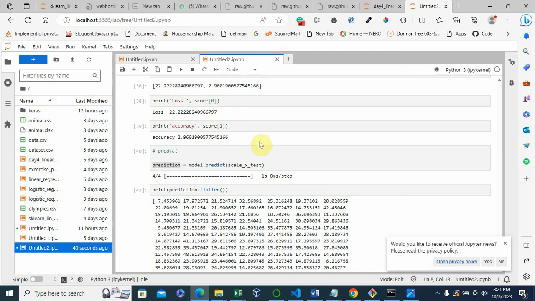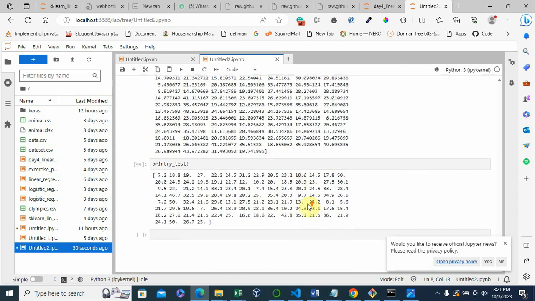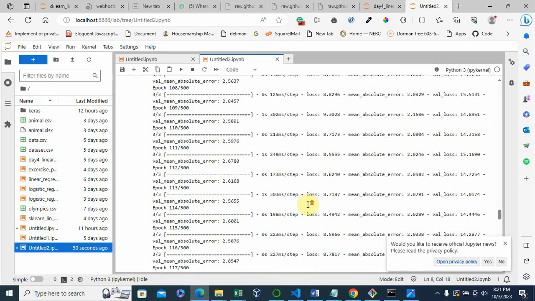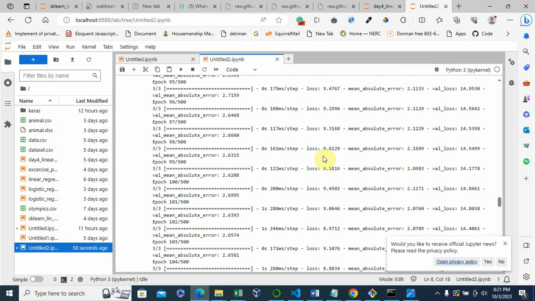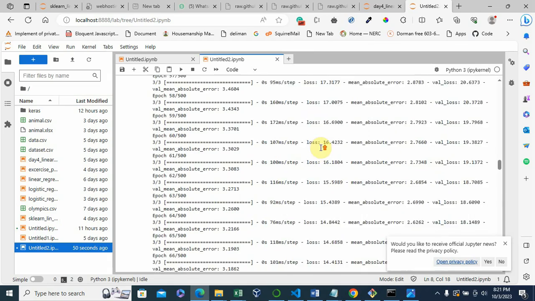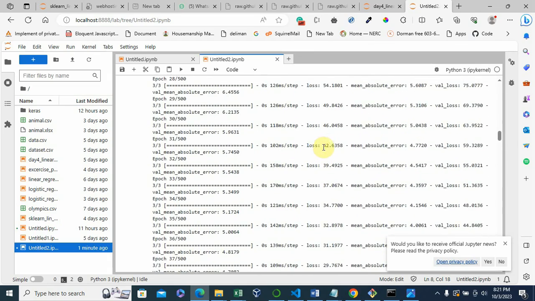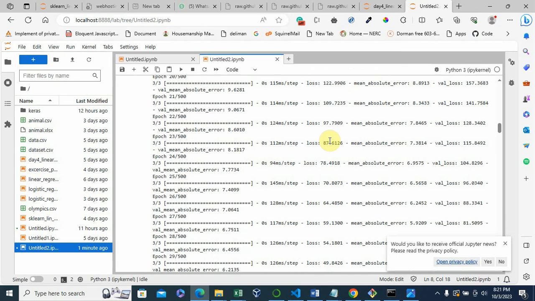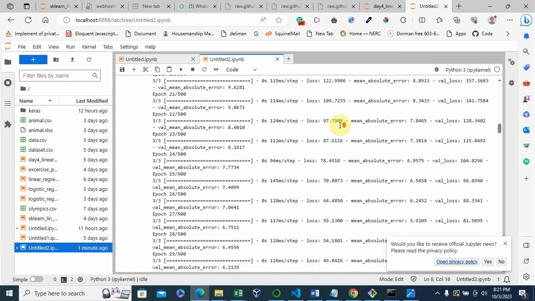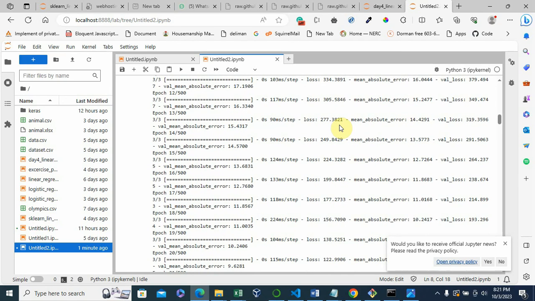So ladies and gentlemen, this is an introduction to artificial neural networks, and like I told you, this is where we will have the real big deal of machine learning. We started small with this, using linear regression. Of course, this is elementary training, but we'll keep building up onto it.